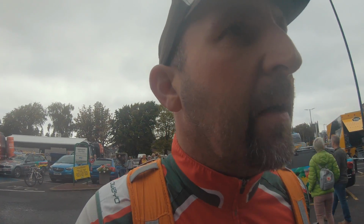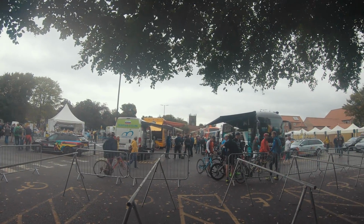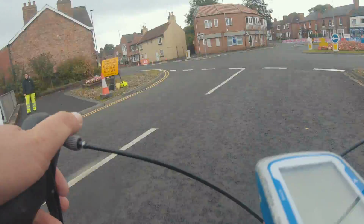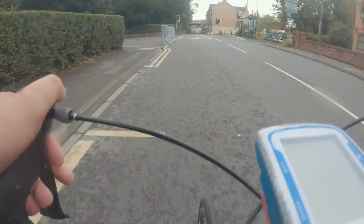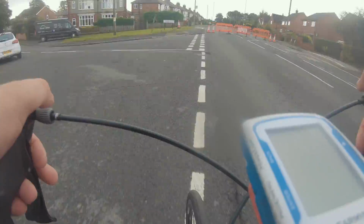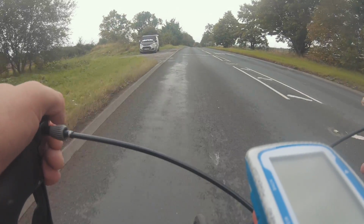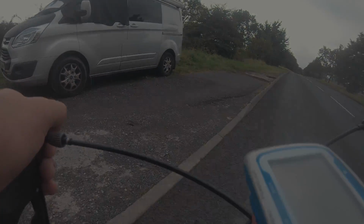Anyway, I'm running out of time to get back to the van, so I'm going to hot foot it back down the course and get back to the van. So this is the last view of where the team buses are. There I am. Well, there Yo-Yo our van is. Anyway, so